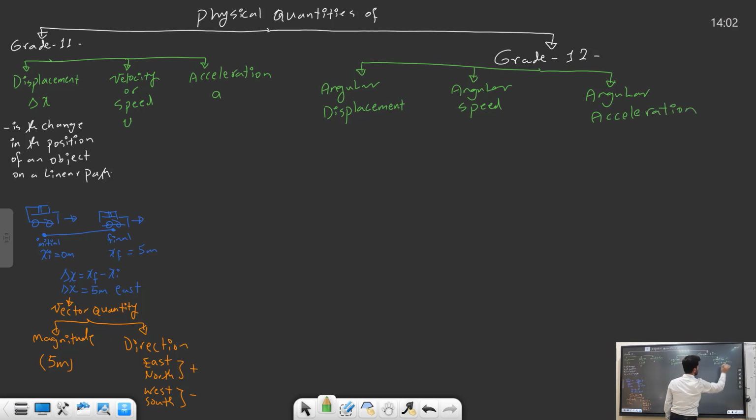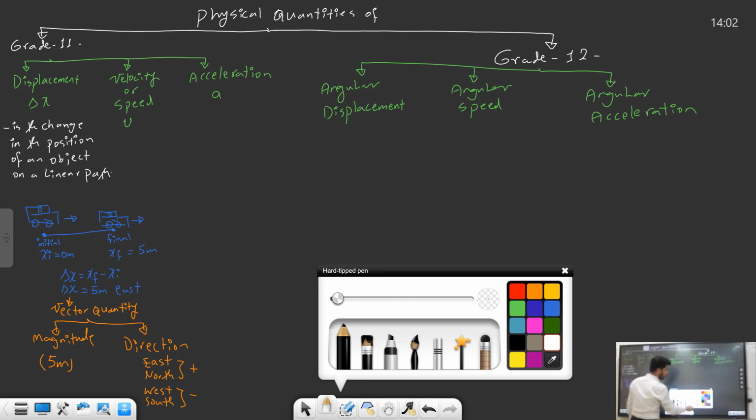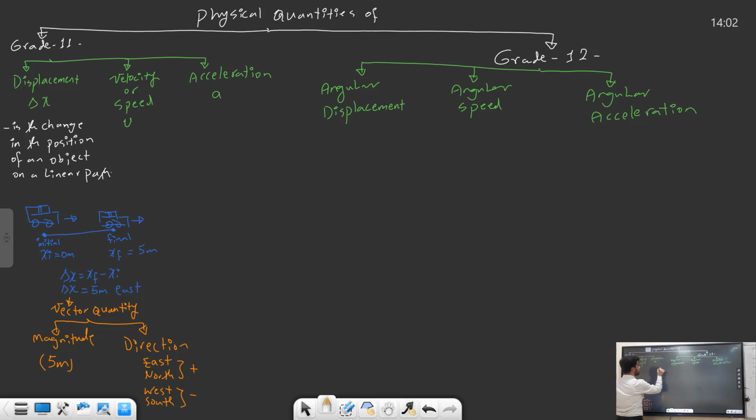Guys, in this lesson, I'm going to explain angular displacement for you. Angular displacement, if I define it for you, is the angle